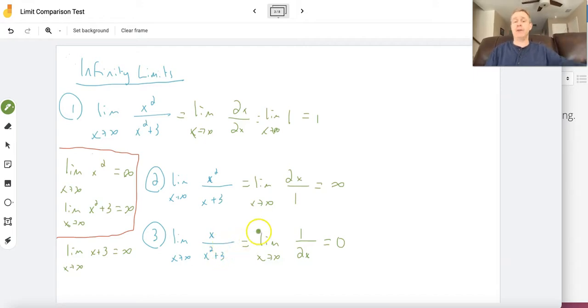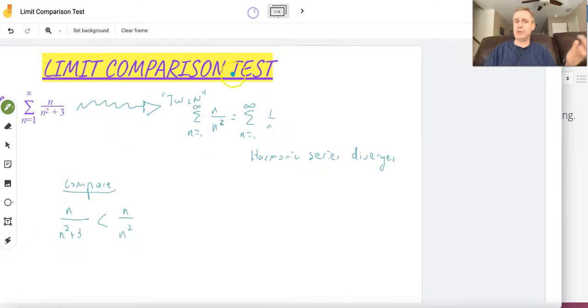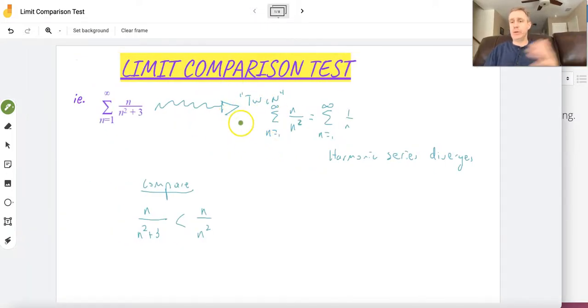It's going to get there first, and it's going to force your fraction to go down to 0. Okay, so that's what's happening with these infinity limits. How does that tie into using this to perhaps try to determine whether a series is convergent or divergent via this limit comparison test? The basic idea is that while in this series here, term for term,